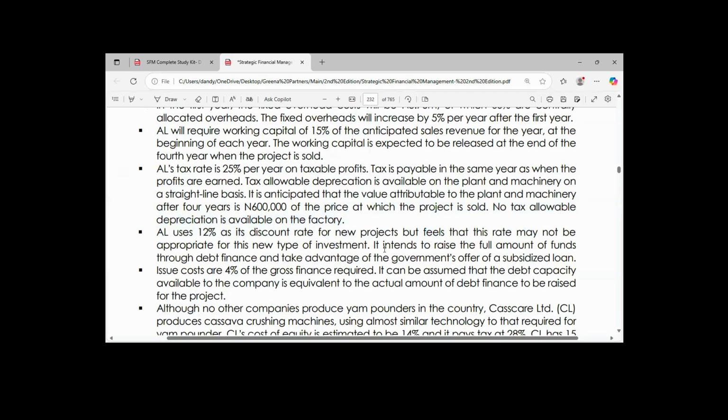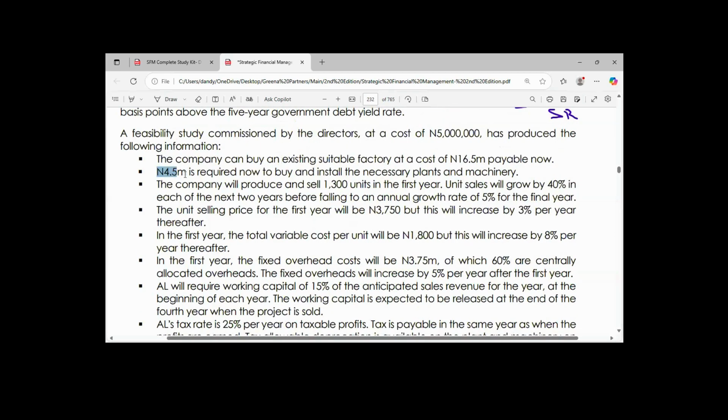Okay, so if that is the case, and the examiner has told us that the tax allowable depreciation is available on the plant and machinery on a straight line basis, I don't need to waste time on this. Since the cost of the plant and machinery is 4,500,